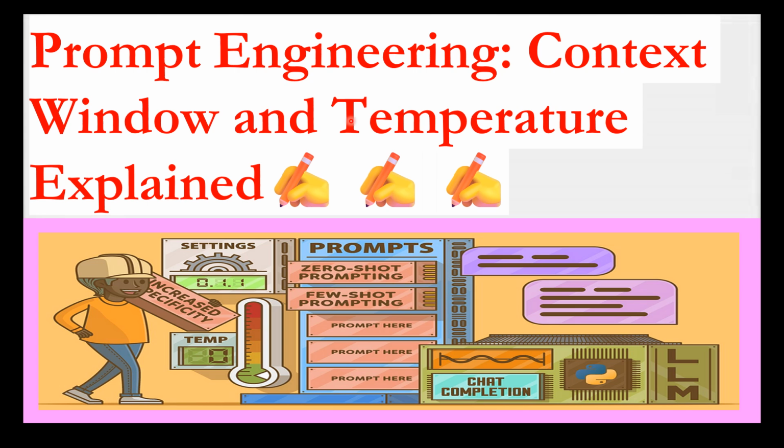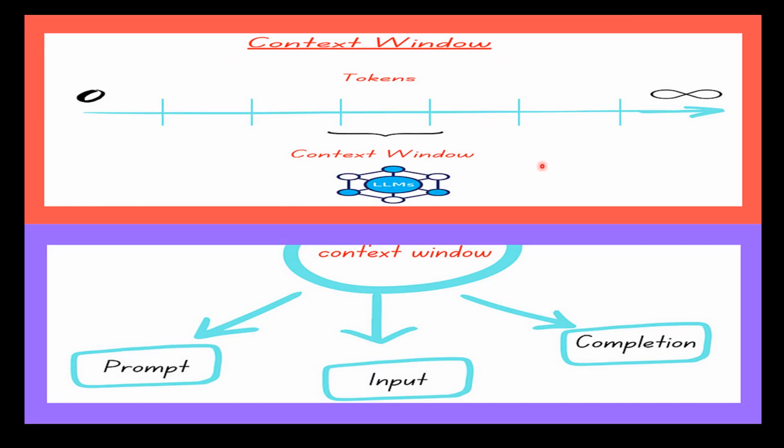Want to understand the intricacies of AI models? So let's dive into the world of prompt engineering and learn how the context window and temperature parameters shape your results. So what is context window? Basically, this context window is a setting that controls how much surrounding information the AI model considers when generating a